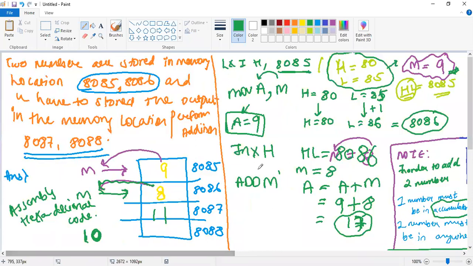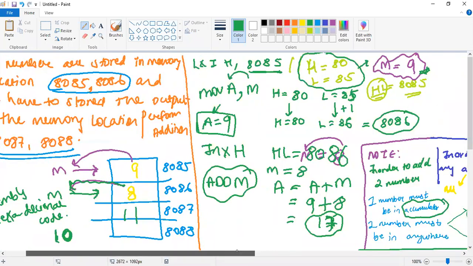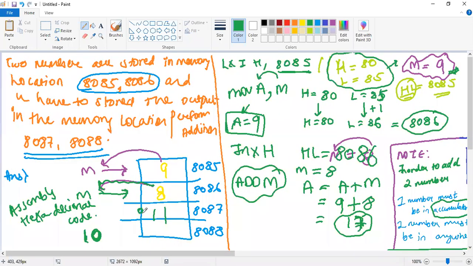So I have done ADD M. Now again I have to move my content here. So what I will do is increment H. Now my M is pointing to this location. Then I will write